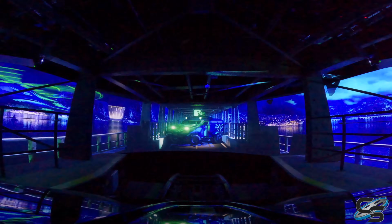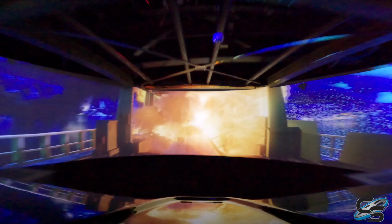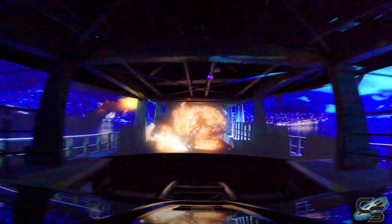I also dig this blaster fire that goes over your head. That's a nice effect. And then suddenly the helicopter crashes into the vehicle, there's a big explosion, and then you hit launch number 2. It's not very powerful, and it honestly might feel like the vehicle is just rolling forward, but the thing is that this is not actually a flat section of track like a traditional mid-course. There's a very slight incline, so the vehicle has to launch to travel uphill and then drop down below